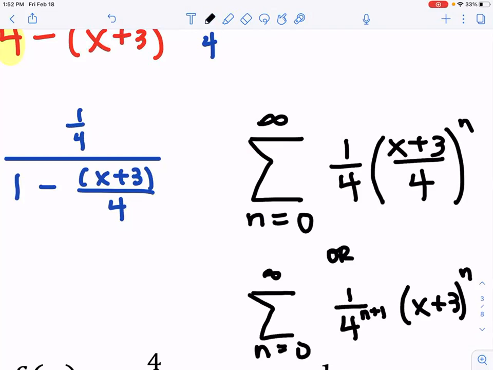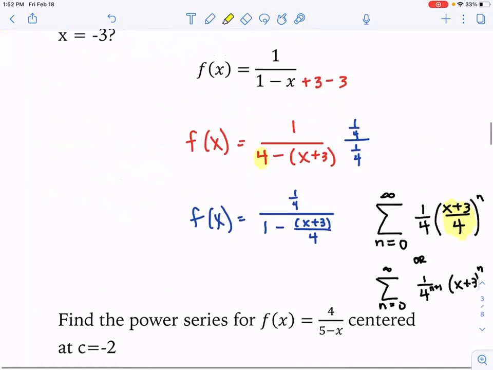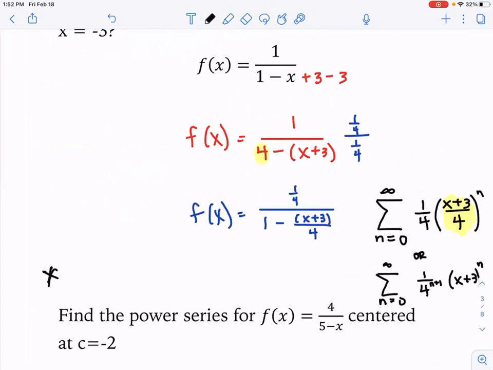Okay. Now, what is our radius of convergence? Because we know it. It's 4. How'd you get that? Okay, so Andre guessed, but he guessed correctly. This is our R value right here. And our R value needs to be less than 1, which means x plus 3 needs to be less than 4. So if I asked you for the interval of convergence,